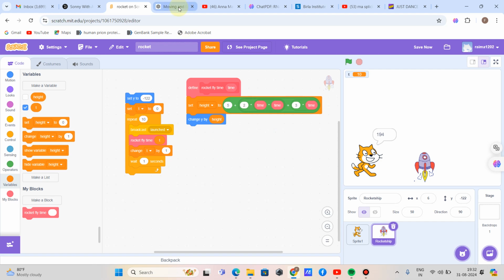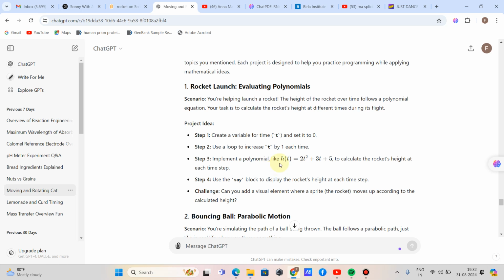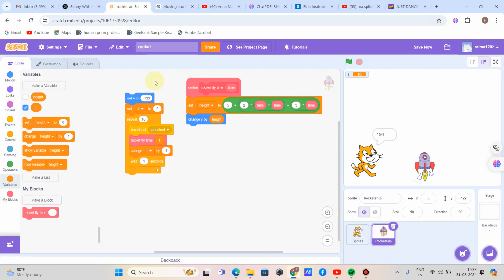In the question, we had the relationship that height should follow this polynomial: 2t square plus 3t plus 5. I first made a variable named height which is defined as 2 times t times t, which is 2t square, plus 3t plus 5. So height is storing the h of t polynomial.